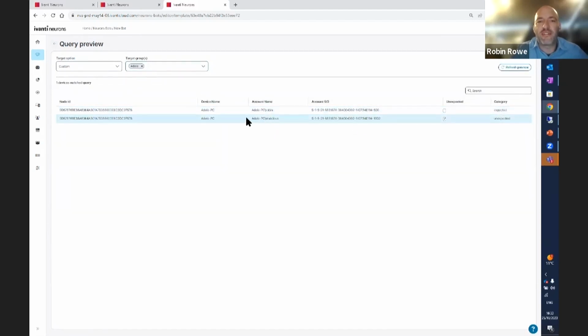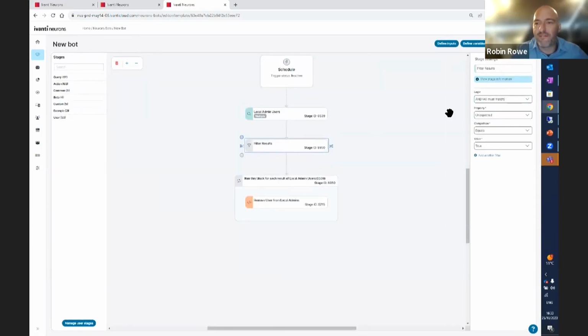So, in this case, I can go and identify that I've got an account here called malicious, which is unexpected, something that I probably don't want to be on that device. I'm going to filter through, and now what I can do is loop through any results I've found. So what I might want to do is add in any accounts in here that I'm okay with being there. But then I can automatically remove that account from the local admins. So once I save and run that bot, it's going to just automatically run according to my schedule, identify, clear out any results, and then give me